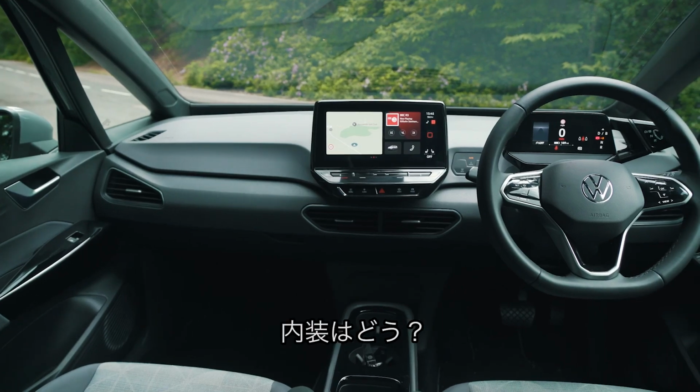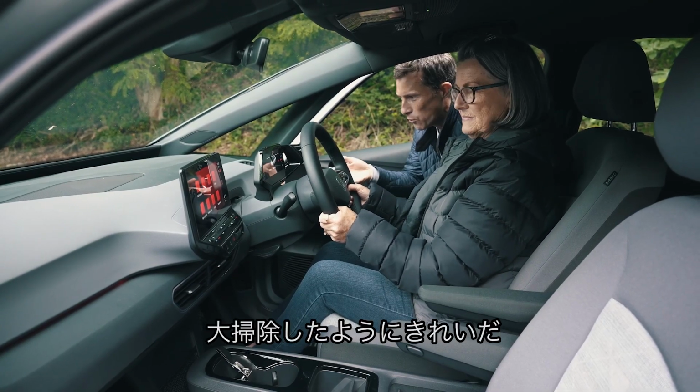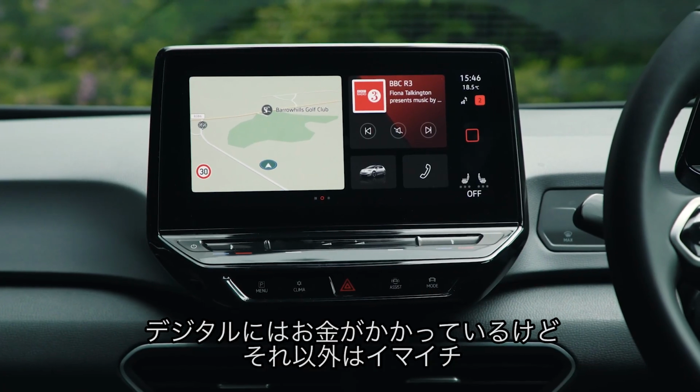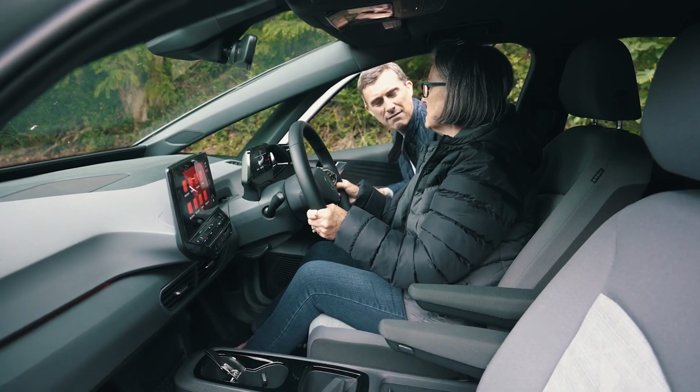So what do you think of the look of the inside? Nice and clean. As in we've cleaned it, or the design is clean? Oh, the design is clean. I don't think it feels quite as well made as a Volkswagen Golf. It's like they've spent so much money on the electrics and the tech that some of the plastics are a little bit kind of...